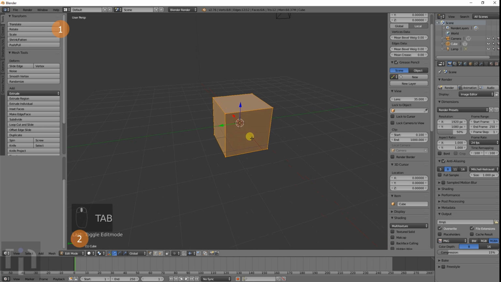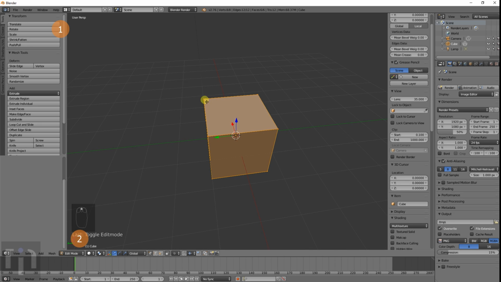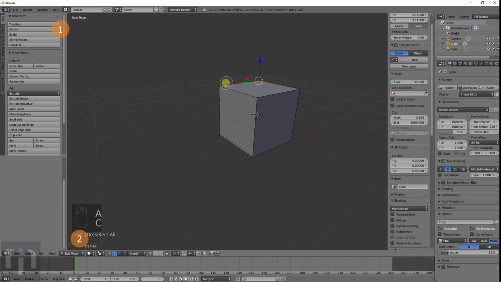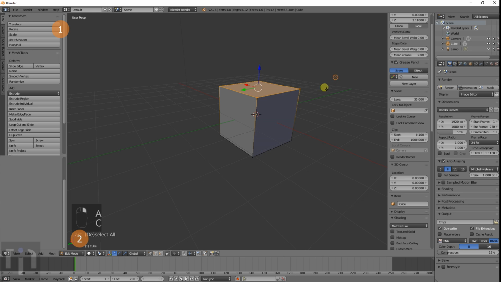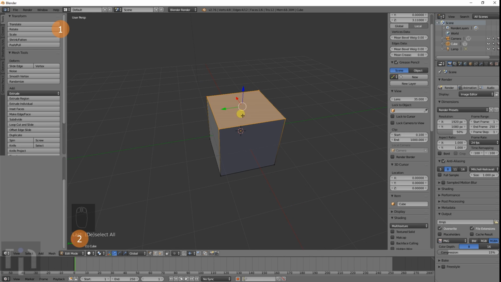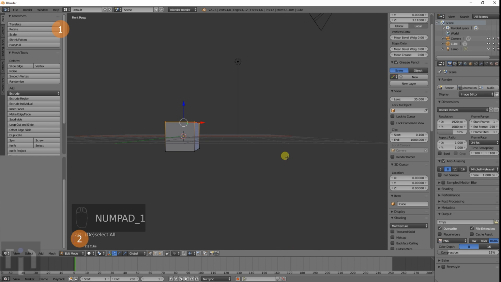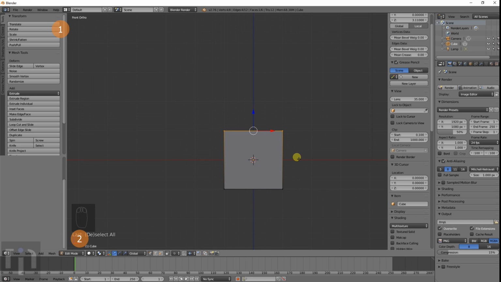And what I want to show you here is how to add on to the object. Once you've created the object, you can select all of them, and what happens is the face of the object highlights, and that means that that face is selected. And to make the object bigger with that, or to make an added section to it, what you want to press is E, and that extrudes